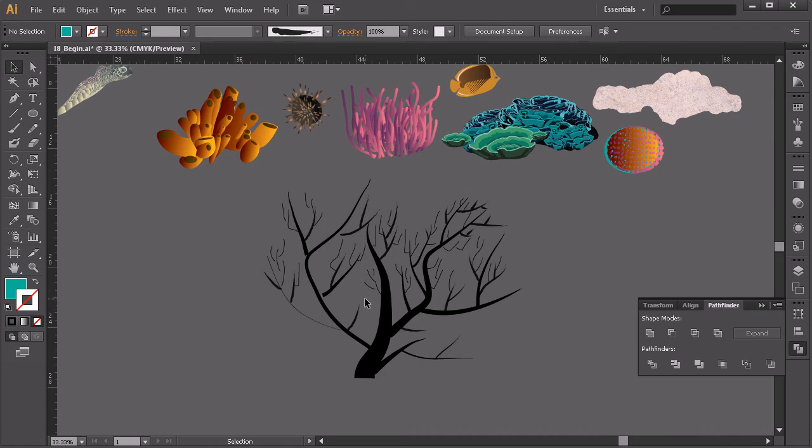So in this lesson, we learned how to use a few different brushes to create branching coral. We also learned how to use the Align panel and the Pathfinder panel to create some brain coral just by using shapes to cut out pieces from other shapes. So hopefully that gives you a really broad spectrum of different ways that you can create lots of different pieces